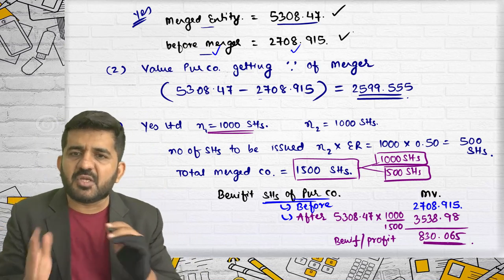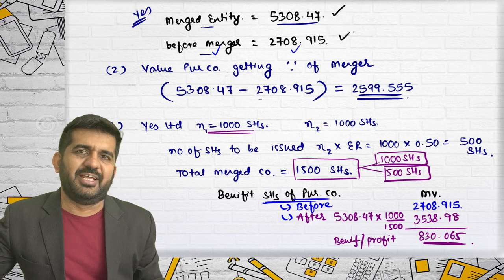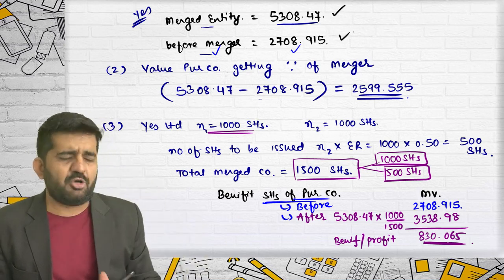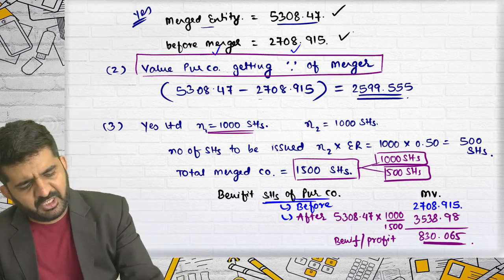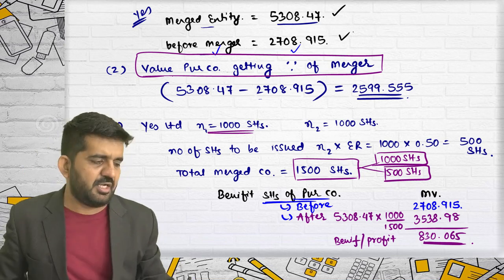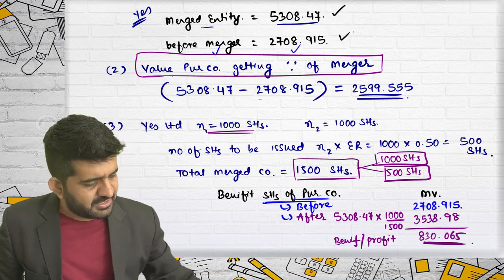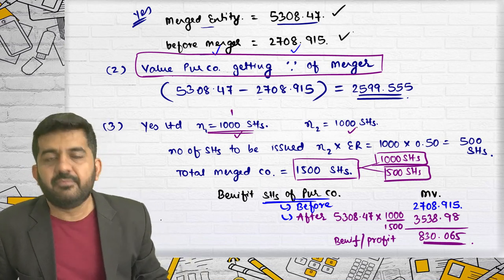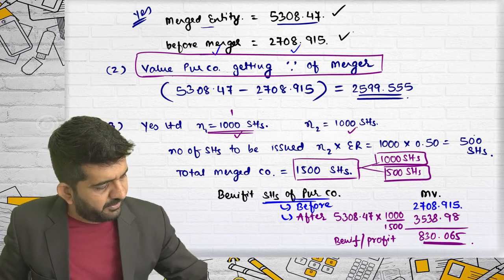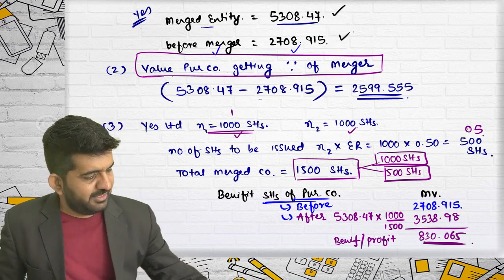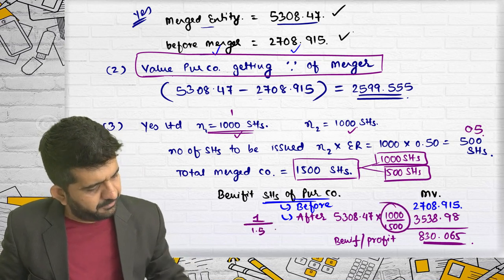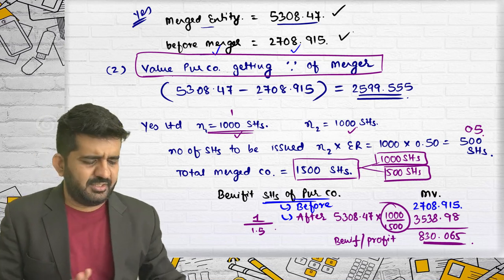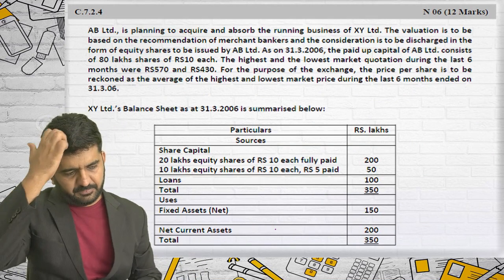Somewhat good question, somewhat different from the normal exchange ratio as per market price. But this cannot be categorized as a difficult question. It is an easy question. If this is asked for the first time, to interpret what they are asking is very difficult. Otherwise, all these concepts are the same. Yes, the number of shares was not given, but you can take 1. If this is 1, this will be 0.5. And this ratio, believe me, will be 1 divided by 1.5, which is the same. Try to concentrate. So this is nothing but, again, an average sum. Not easy, not difficult, but an average category of sum.